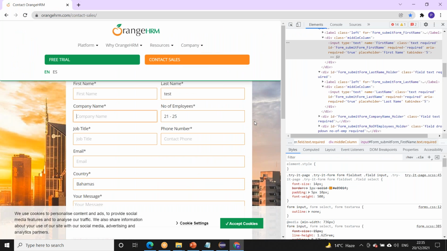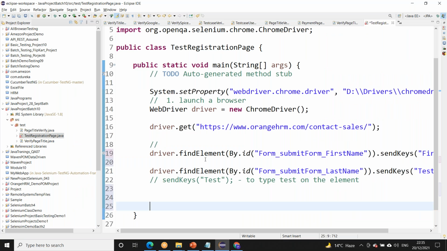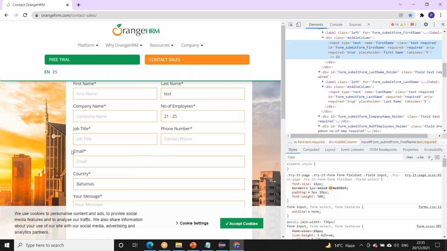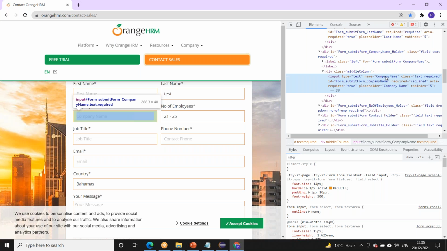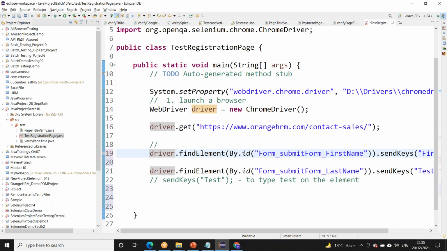Again, if ID is not available, there will be a name. So with name also you can find the element and perform actions. For another element we will take name: for the company name, I will use the name attribute. The name attribute is available and company name is the name of that.